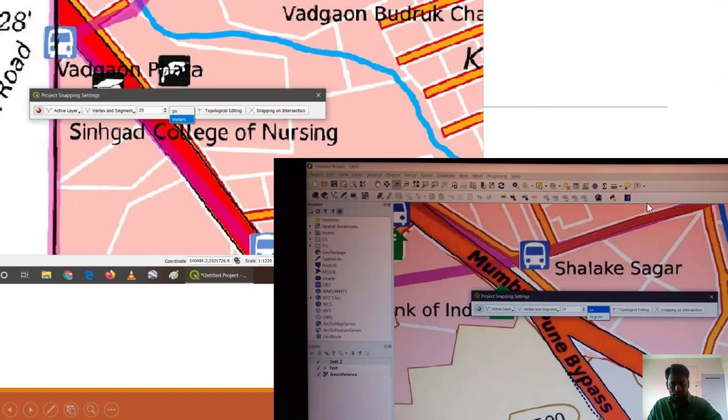There was one query yesterday. Actually, this was not a query, this was just because of some conceptual part. If you remember yesterday when we did line digitization, I told you we have to start the snapping option. When we start the snapping option, we are able to join whatever digitized line at the intersection point exactly. That is the use of snapping.